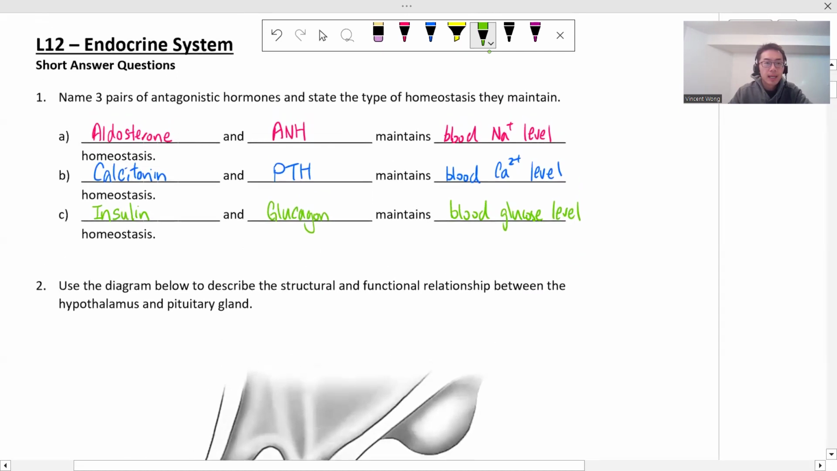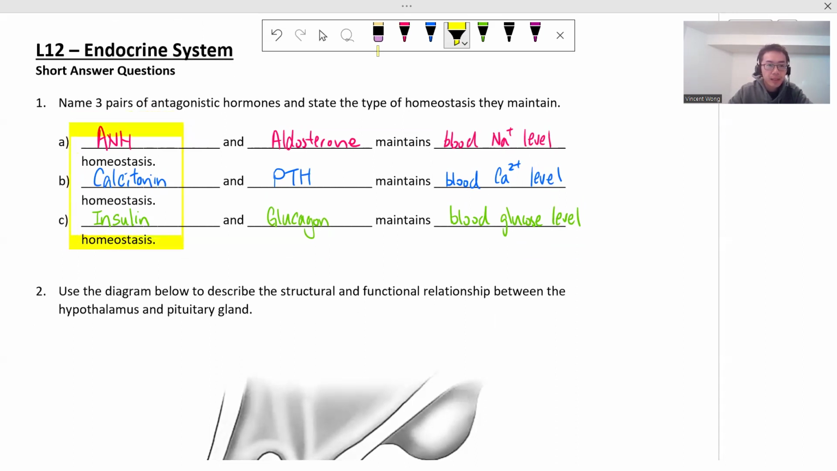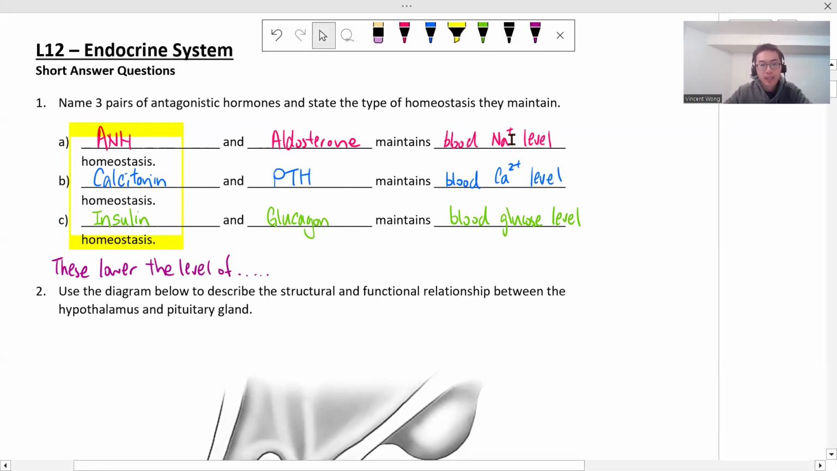You know what? Actually, I want to reverse the order here. Let's put the ANH here and then aldosterone. Okay. And the reason I want to do that is these ones here at the beginning will bring down, these lower the level of whatever, right? Like ANH will lower the level of Na, calcitonin will lower the level of calcium, insulin will lower